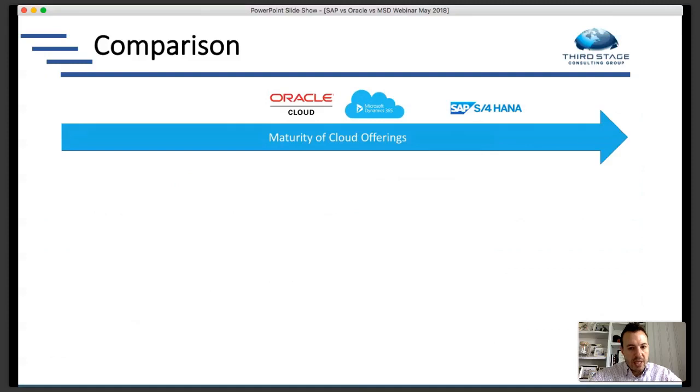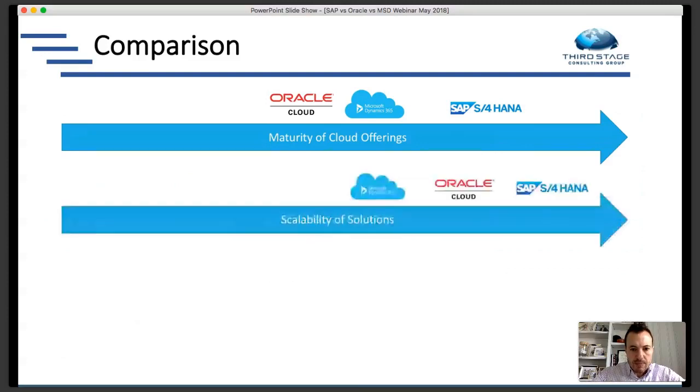In many cases, especially with Oracle Cloud, I think there's still a lot of functionality that's missing from that Oracle Cloud solution. There's still a lot of functionality in the on-prem version that's not in the cloud version that is still being worked through. And I think part of that is simply because they acquired these big companies like JD Edwards and PeopleSoft. That's obviously easier said than done, to migrate all of that over to the cloud and reconcile the differences between the different solutions.